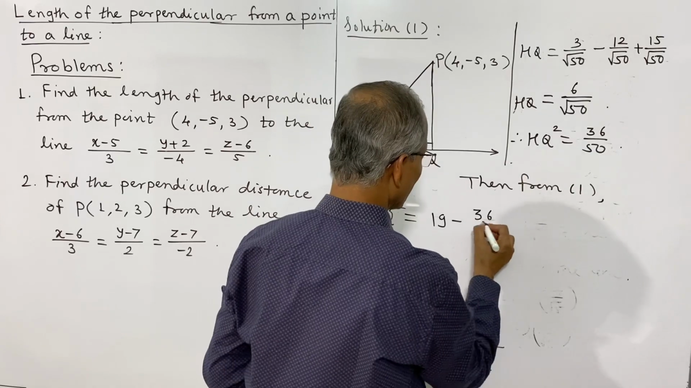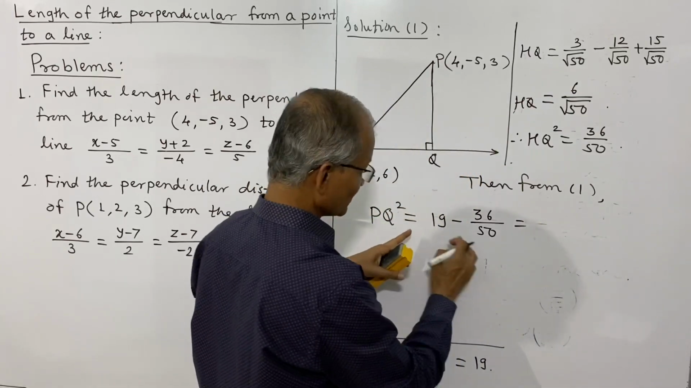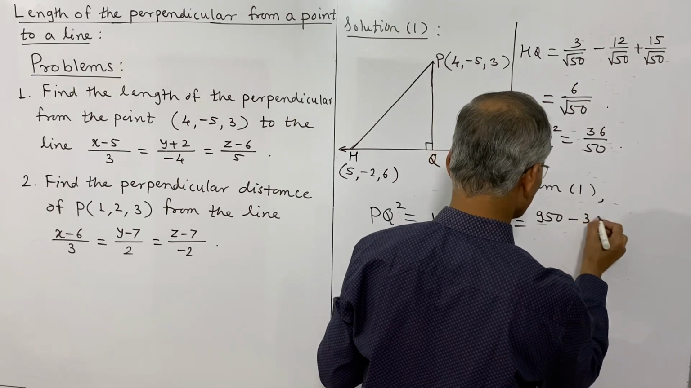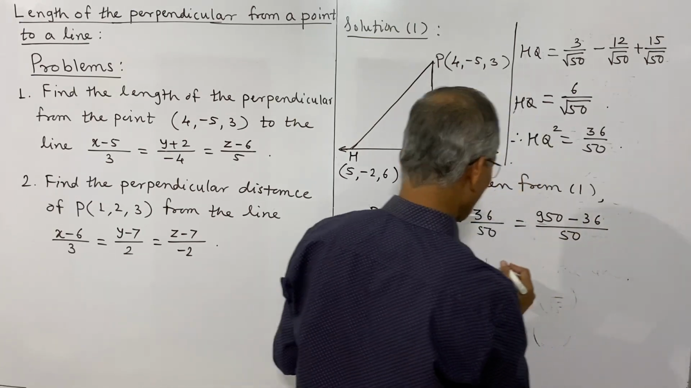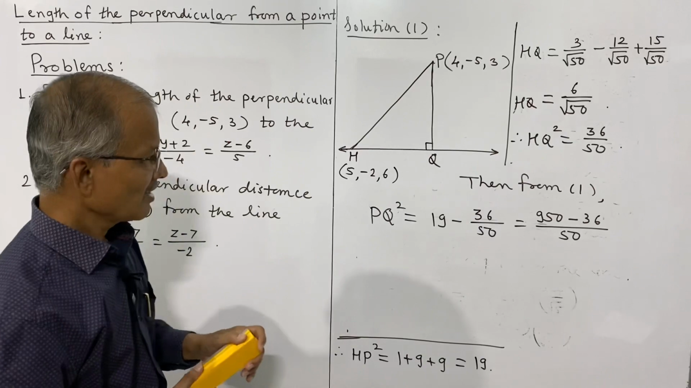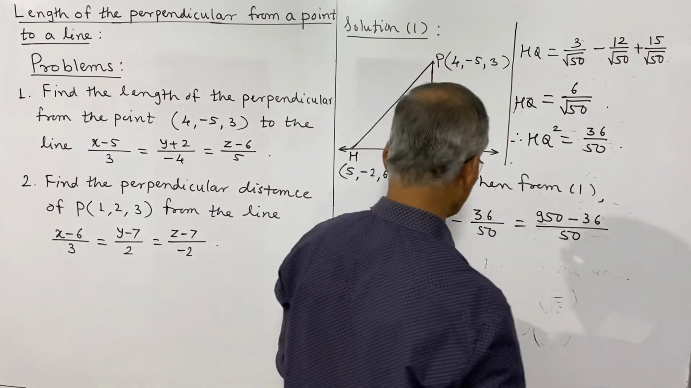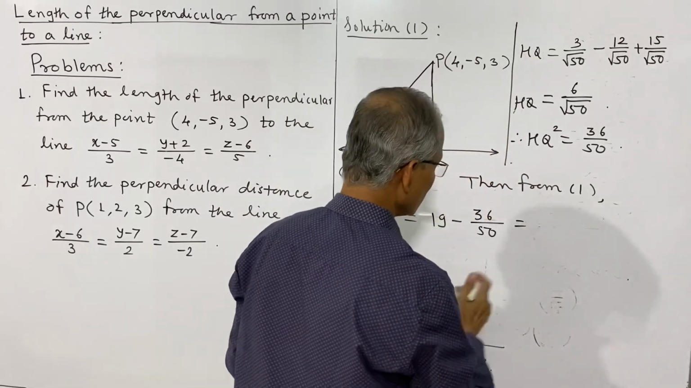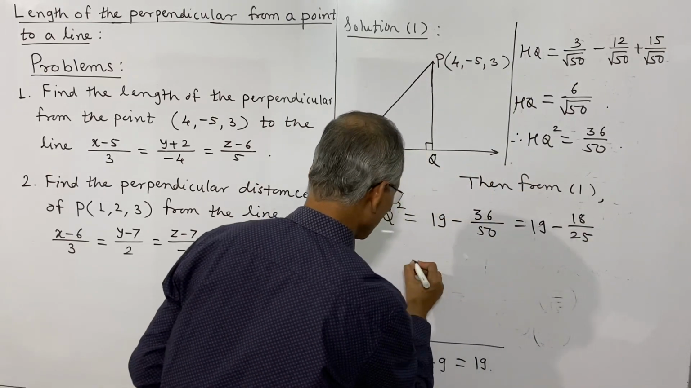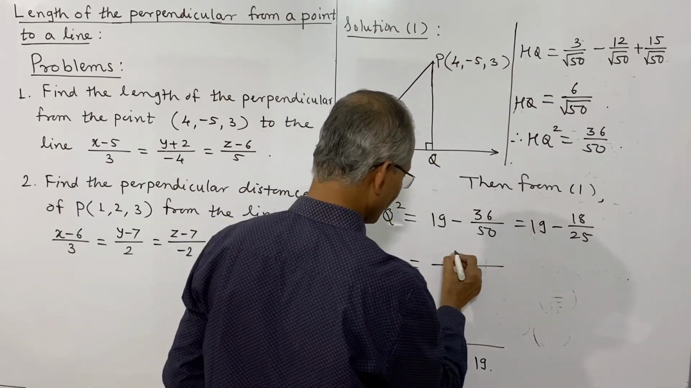That is 36 divided by 50, or this becomes, we can multiply, this is 950 minus 36 divided by 50, or this can be made smaller by division. We can divide it by 2, or otherwise we can write like this, 19 minus 18 divided by 25, and now we can cross multiply and take the LCM as 25, so this is 25 into 9, that is